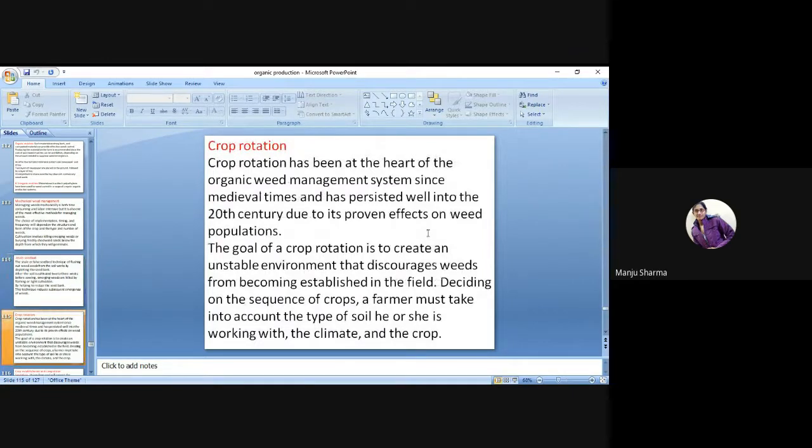Then next is crop rotation. Crop rotation has been at the heart of the organic weed management system since medieval times and has persisted well into the 20th century due to its proven effect on weed populations. So, the goal of a crop rotation is to protect an unstable and